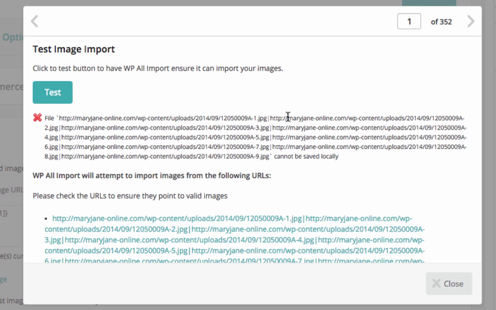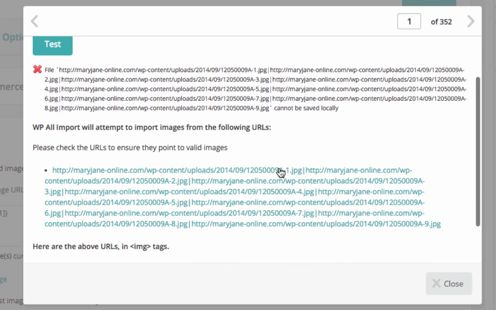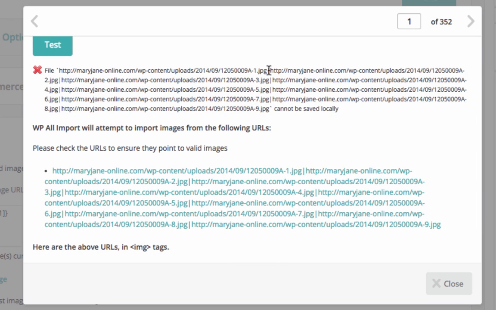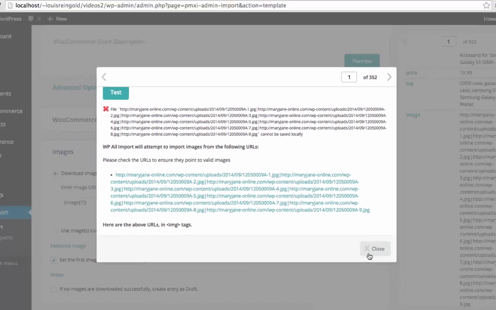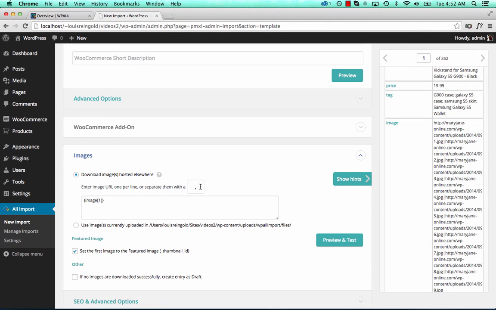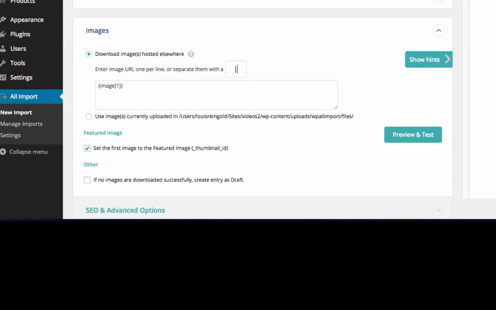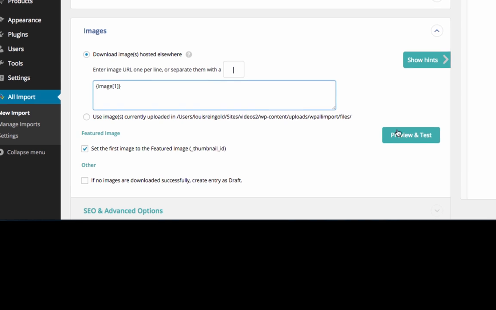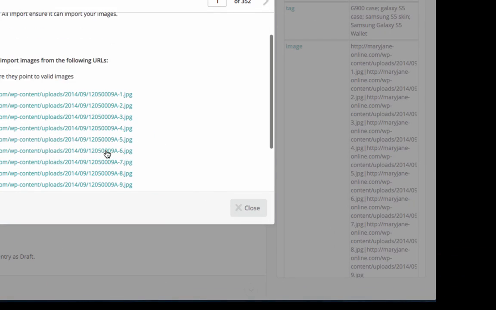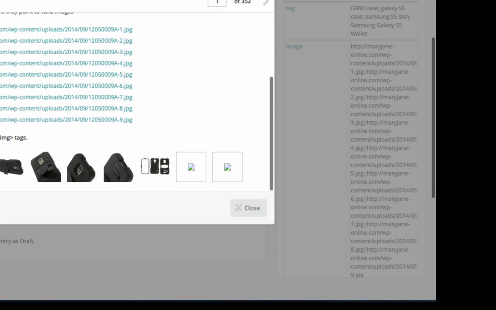Well, the images are all separated with the separator character, the pipe, right here. So what do we do to get WPL import to automatically separate these up into their individual URLs? Just change the separator character right here to a pipe. And now when we hit preview, WPL import detects all the image URLs and finds all of the images, except